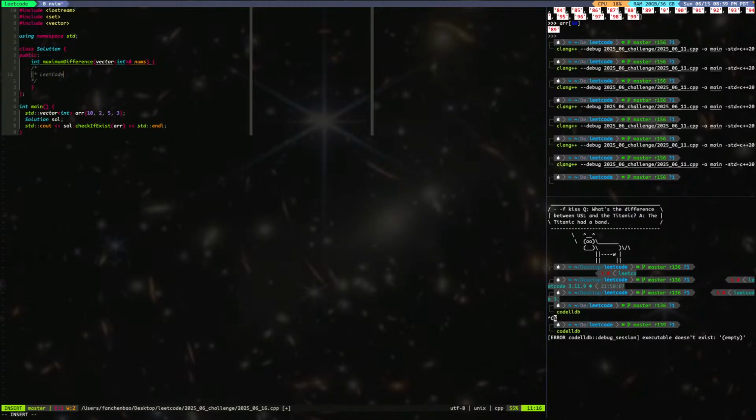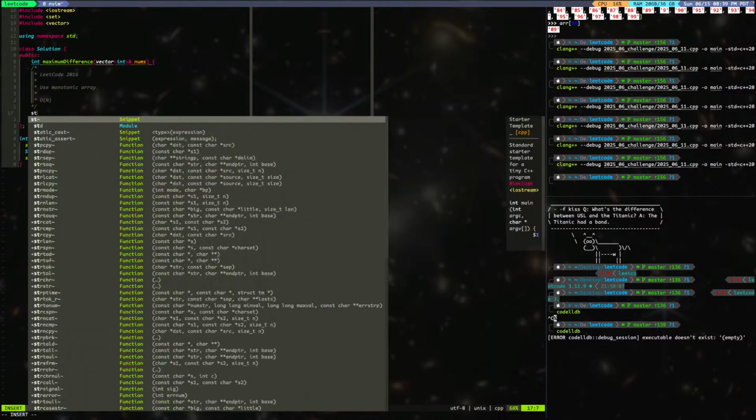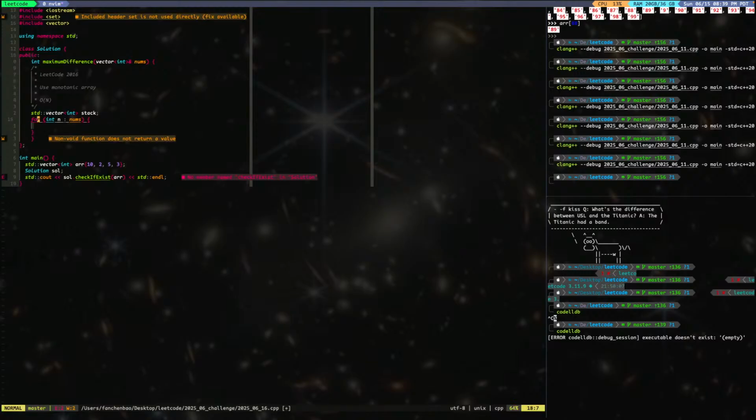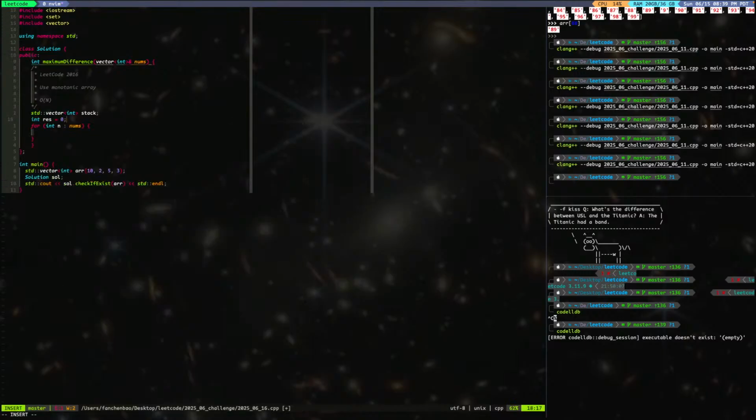I remember the question is this: use monotonic array. But actually, I'm going to use a stack. For n of nums, we also need res equal to 0. Ooh, -1. All right. So we have something, and then we'll start popping, right? We'll start popping, and